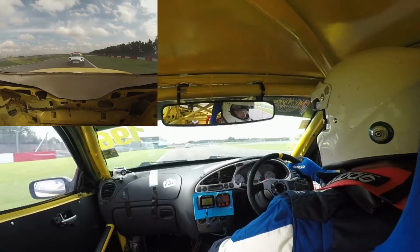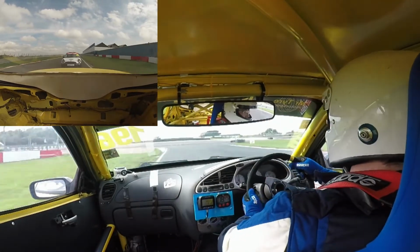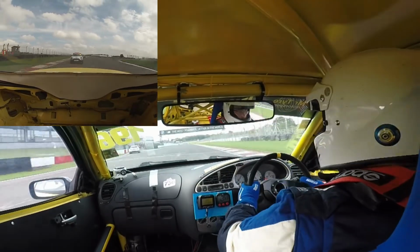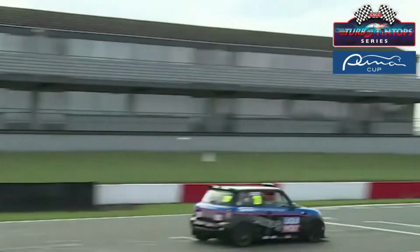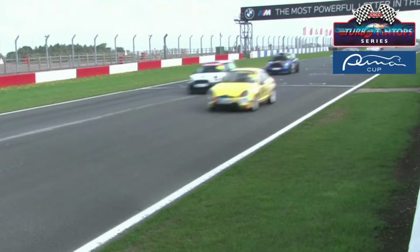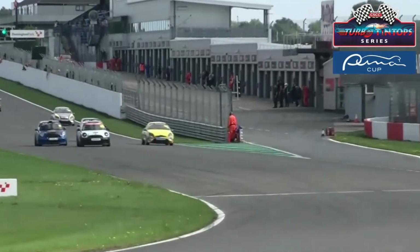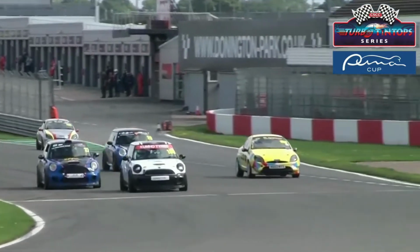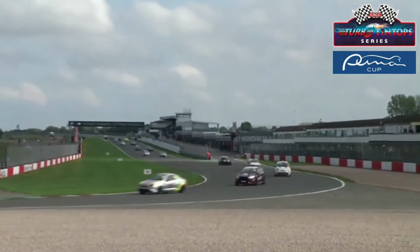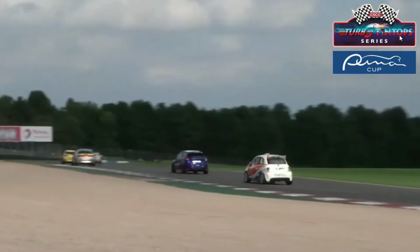They make that decision based on a number of things: the safety of the crews that are out there doing the recovery, the quality of the race, if anyone's been messed up by it, just general safety factors. One of which is that you've got one of the slowest cars on the circuit, namely my yellow Puma, leading much faster cars, and that can be a bit of a recipe for disaster. So I just decided to stay well out of the way here. I'm going to stay well over on the left, let the quicker cars through,